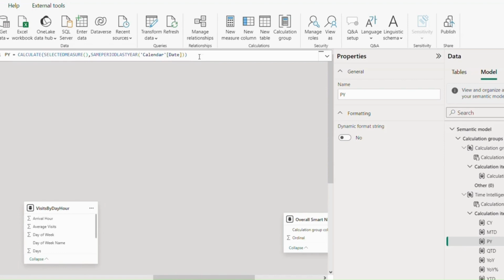So make sure that you have a date table in your model. If you don't know how to create one, let us know in the comment section and we will drop a video explaining how to do it. Now, the cool thing about the calculation groups and the date function is